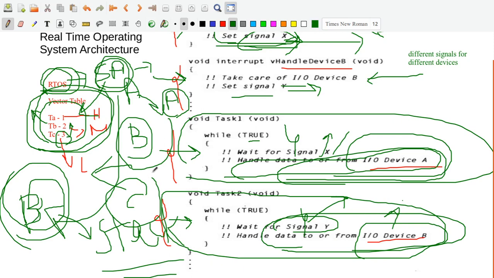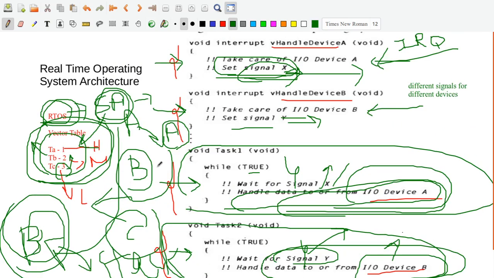So this is how the high priority interrupt doesn't have to wait for the completion of the low priority interrupt, whereas in the function queue scheduling architecture, the high priority interrupt had to wait for the completion of the low priority interrupt. In the real time operating system architecture you don't have that.